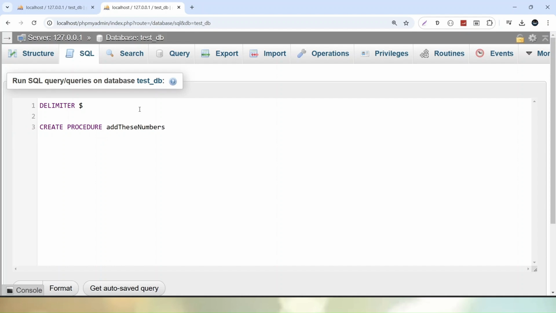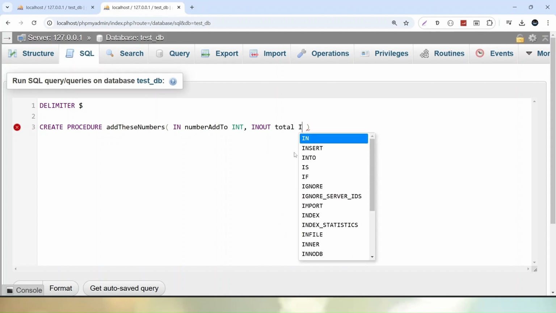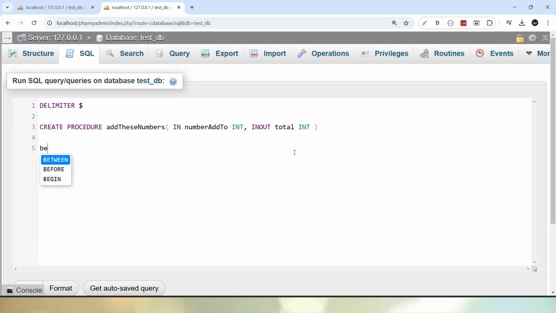these numbers, and inside this I will take two parameters. First I'll use in parameter mode, let's say number, and here let's say number add 2, this is of integer type, and here let's say in out parameter mode, and here let's call it total, which is of int type. Then after this, let's say begin and end block, dollar, let's say delimiter and semicolon. Now let's go inside this begin and end block. So here let's say set total, which is in out parameter mode, equals to total plus